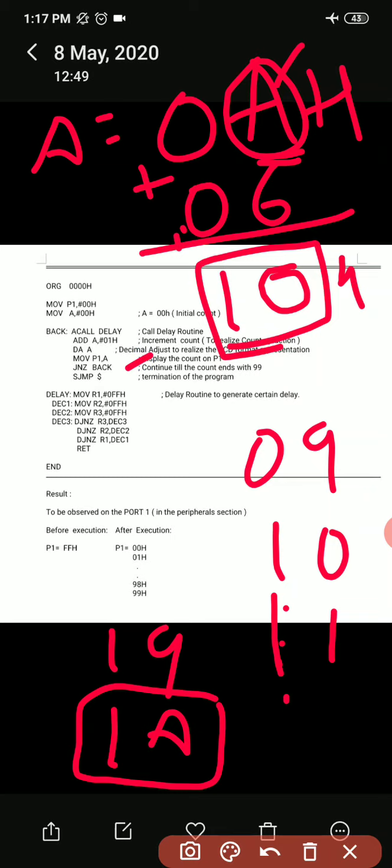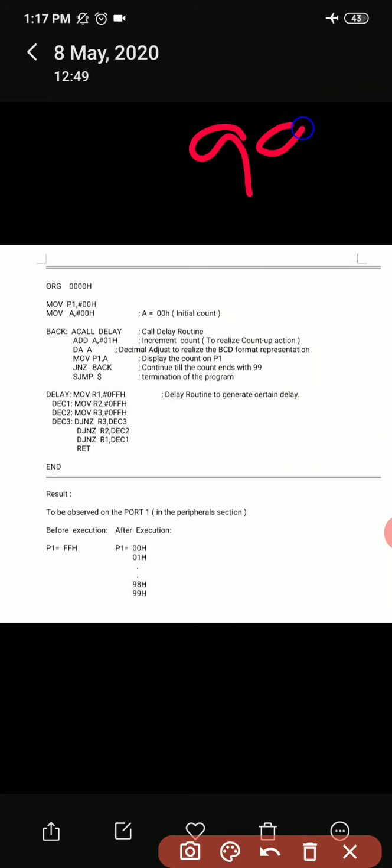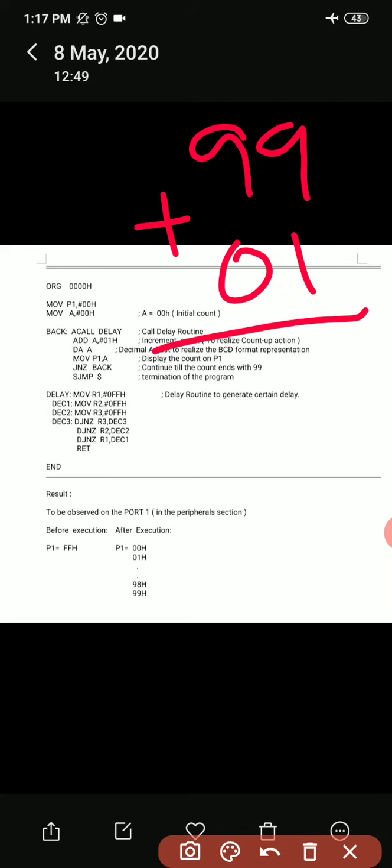So once the accumulator gets 99, the last value of the counter. Once the accumulator has 99, and when 01 is added to 99, what we will get? 9 plus 1 is A, right? And this is 9, right? So what happens here?